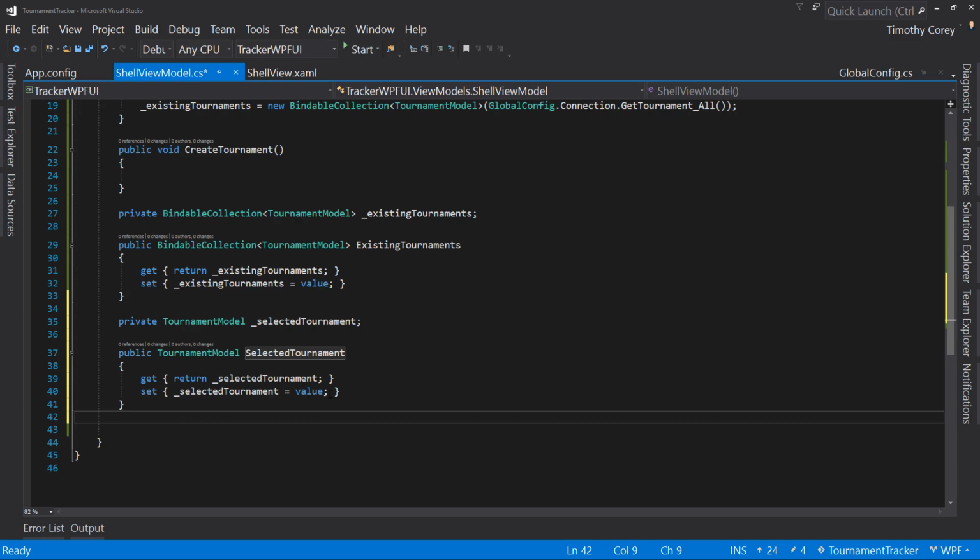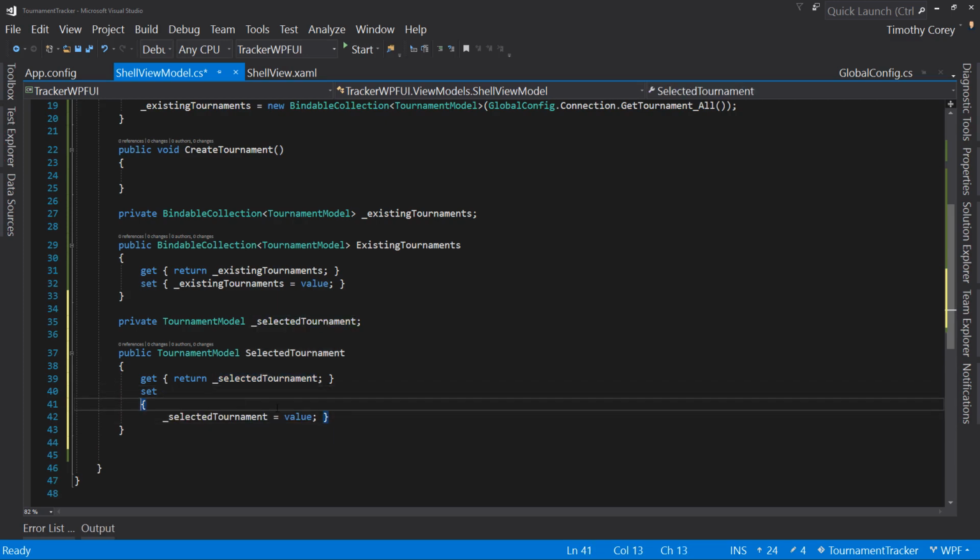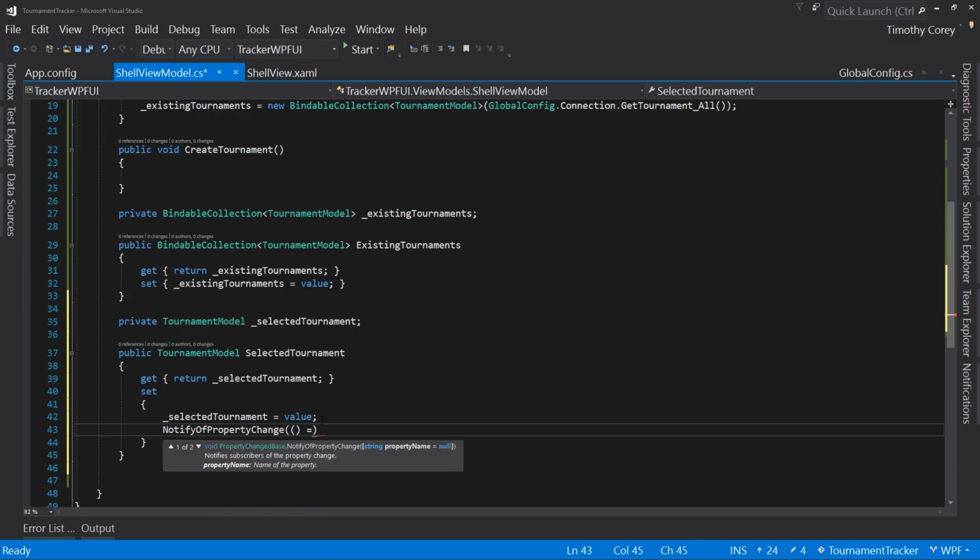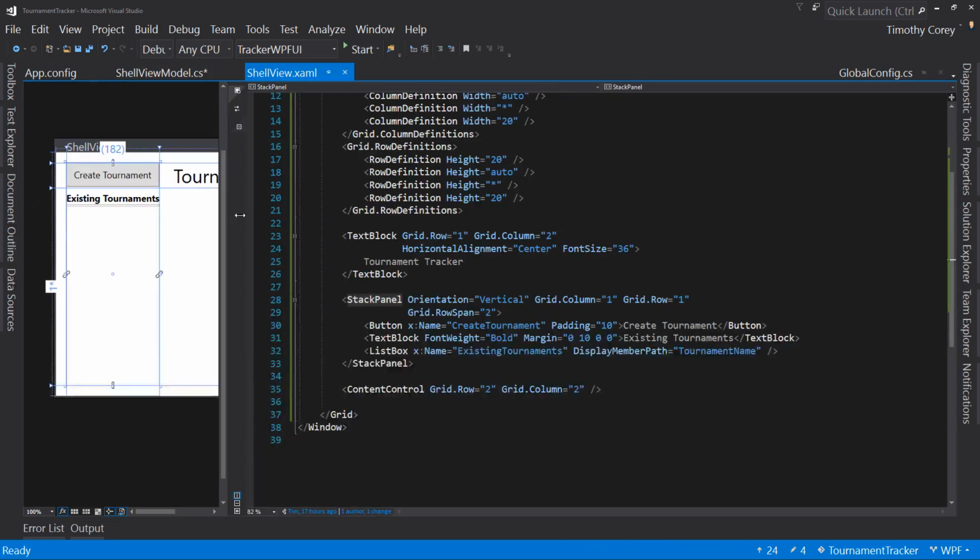And then we will set our set property. Let's expand this out. We'll do the notify a property change for the selected tournament. So now we have this selected tournament. We can come back over here to our shell view and